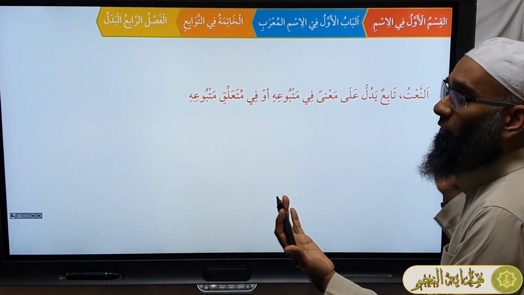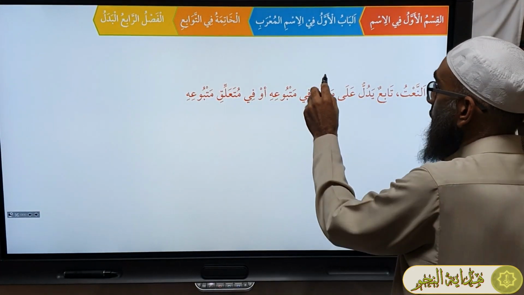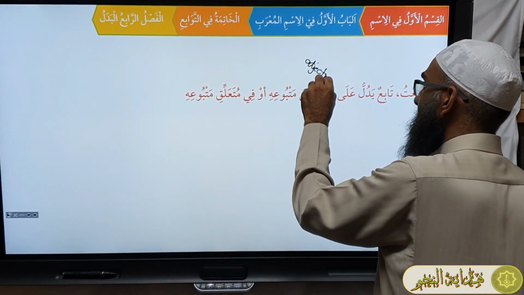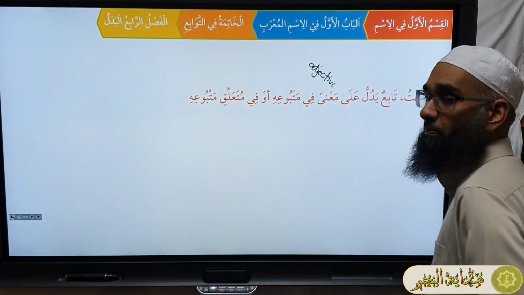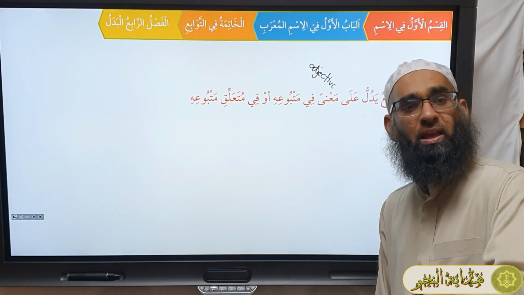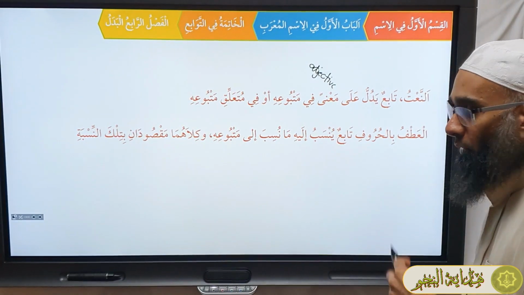Now here's a recap of all of the different types of phrases we've done so far. So a na'at, what's a na'at? A na'at shows a meaning. What kind of meaning? Particularly the adjective meaning in the matbu', ay Zaydun as-salih. So it gives the meaning of salih in Zayd. Or the na'at sababi, we did that before.